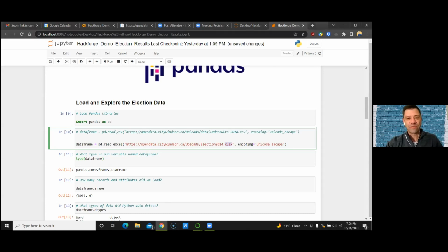But I'm going to have to change from read CSV. I'm going to have to ask pandas to read Excel, and you can do that. You can read SQL, you can read JSON. There are multiple things that you can read in, but luckily we've got read Excel. So here at this point,